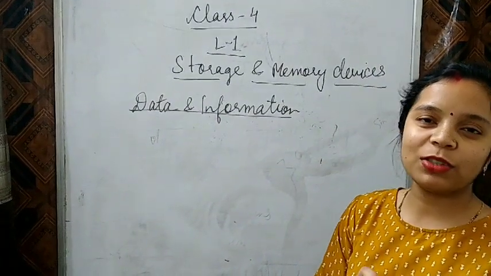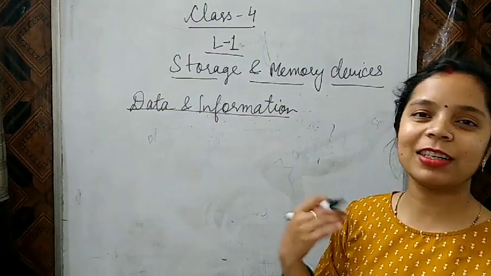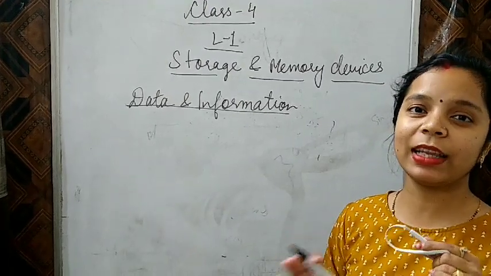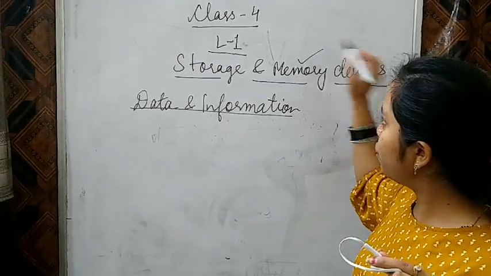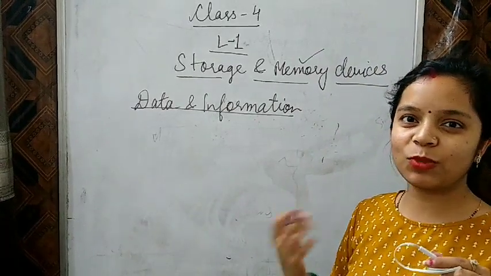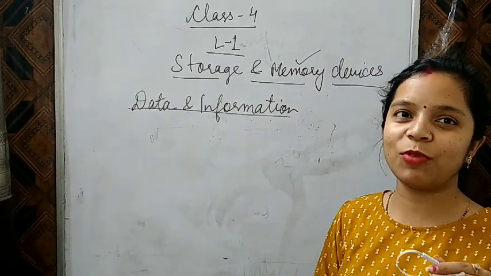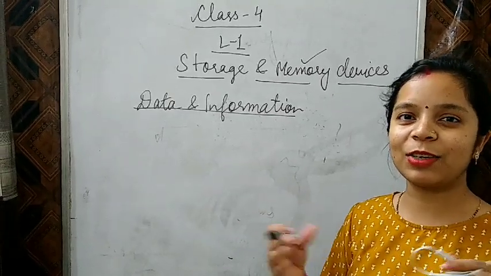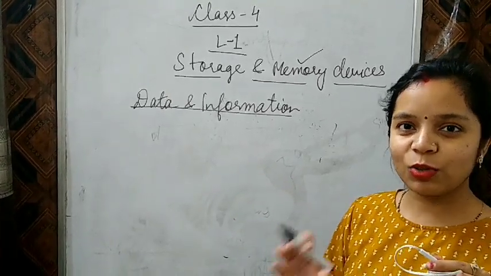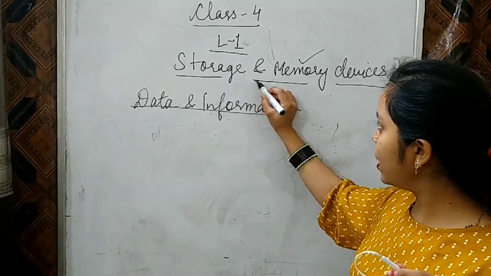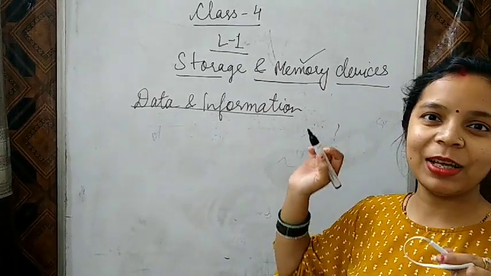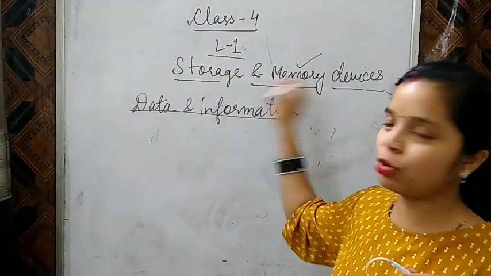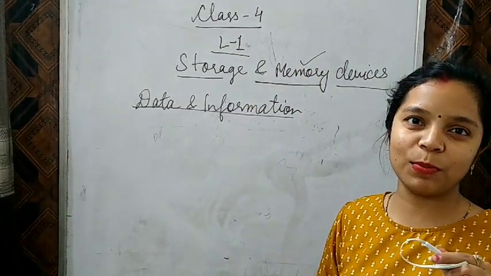You might be knowing what are storage devices. You have also studied in class 3rd. Storage devices are used for storing the data. And memory also, you know, in all computer there is one memory which stores the information. Like in your homes you are having so many racks and all for storing the things. So like that in computer, for storing the data of the computer, memory is used. And this memory makes the storage devices of the computer.